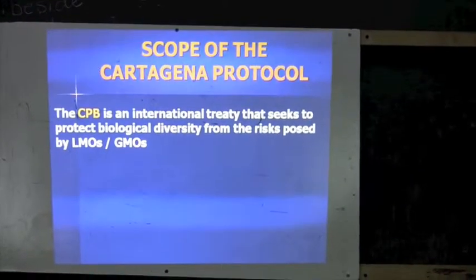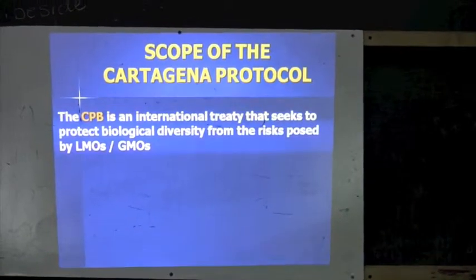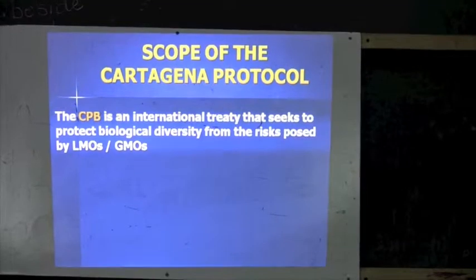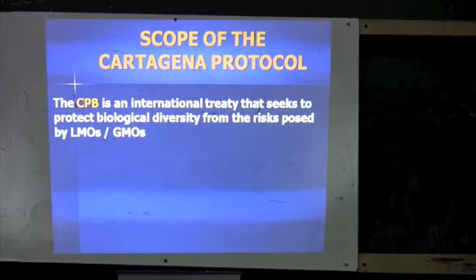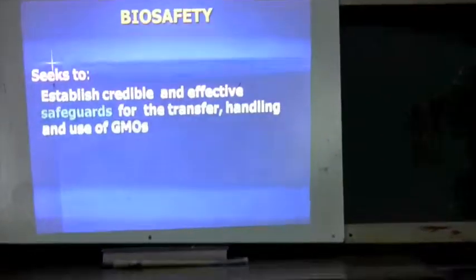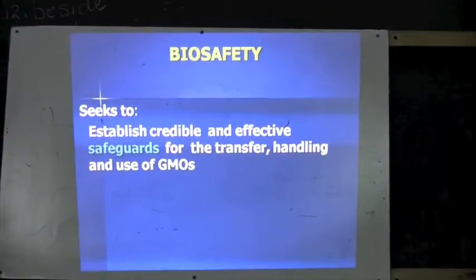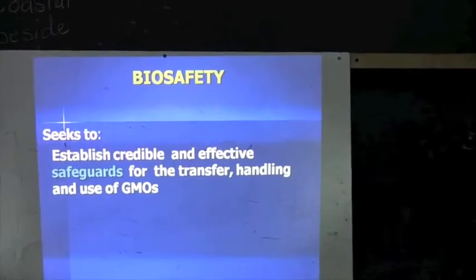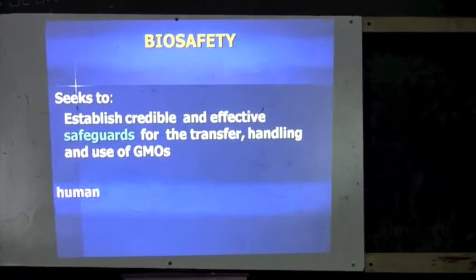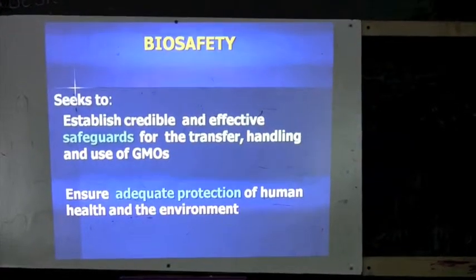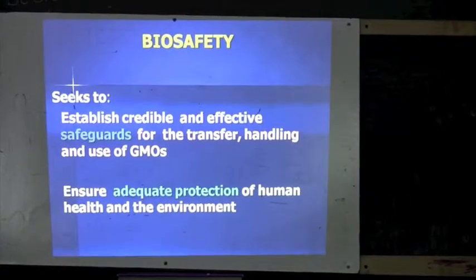Now, the Cartagena Protocol is an international treaty that seeks to protect biological diversity from the risks posed by the LMOs and GMOs, and seeks to establish credible and effective safeguards for the transfer, handling, and use of the genetically modified organisms to ensure adequate protection of human health and the